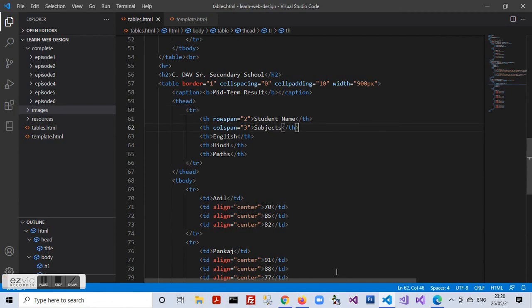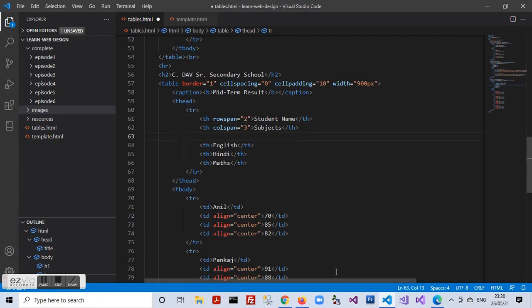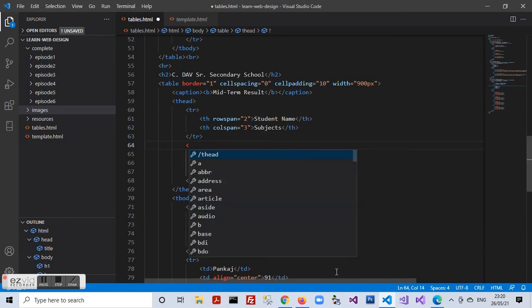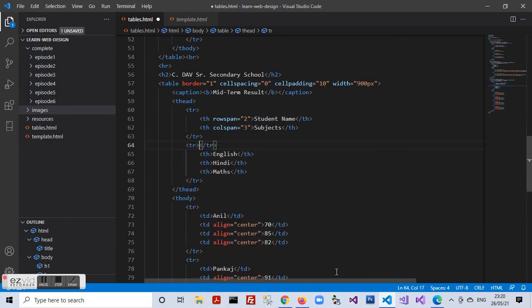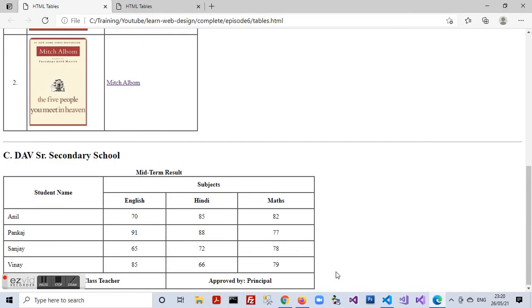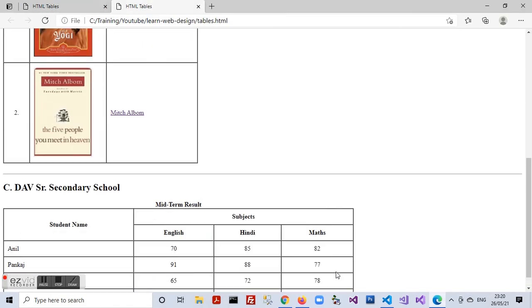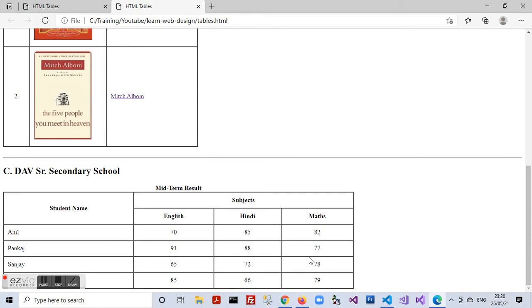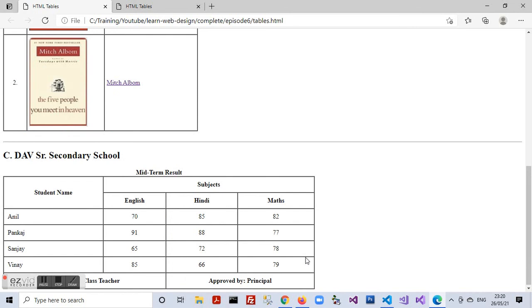So here I have row section complete and here is my second row starting and ending. So here we are. So see, we have got our table. Now we need the footer.